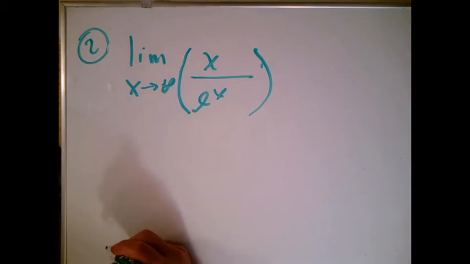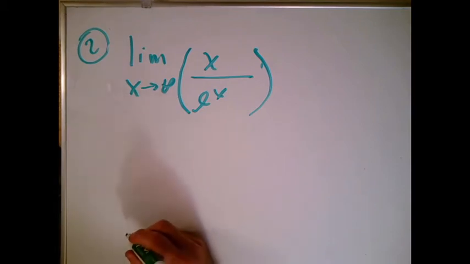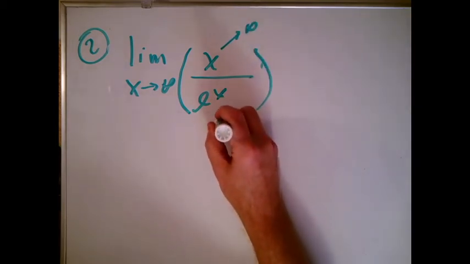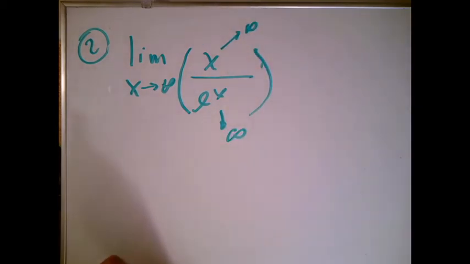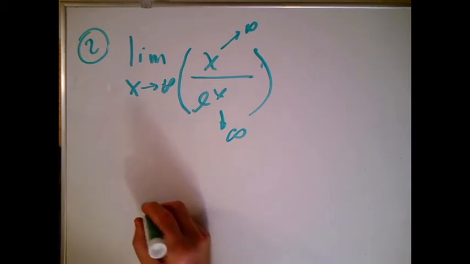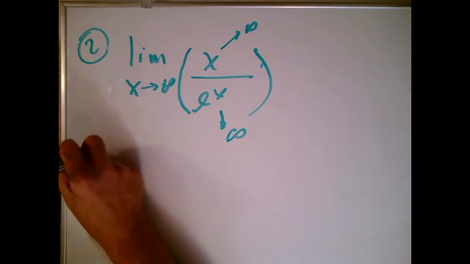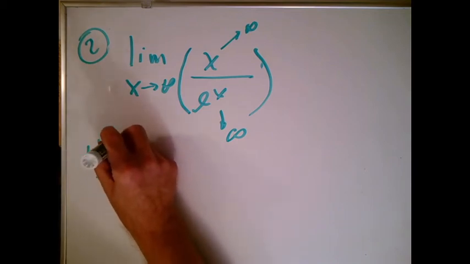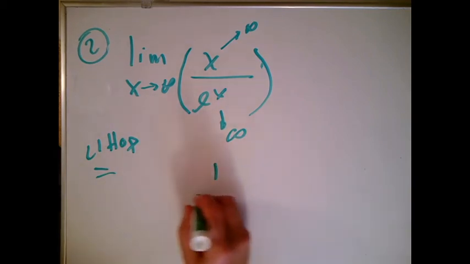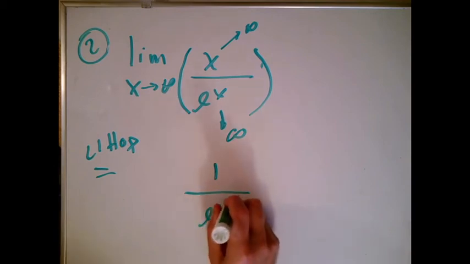Now, how does L'Hopital's rule work? You have to make sure you're in the case. The top is going to infinity, and the bottom's going to infinity, so it matches one of the two cases of L'Hopital's rule, where it's 0 over 0, or some kind of infinity over some kind of infinity. You always want to make sure you tell everybody we're using L'Hopital's rule. You don't use the quotient rule. You take the derivative of the top, you take the derivative of the bottom, and then you try to take the